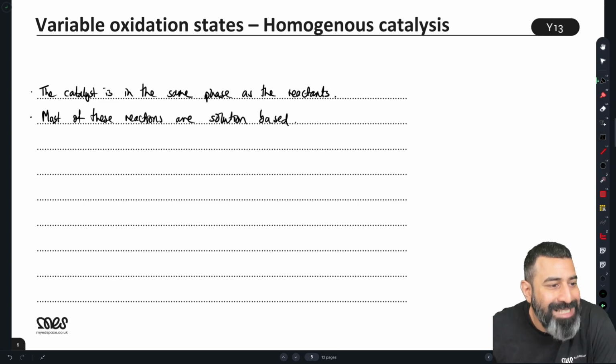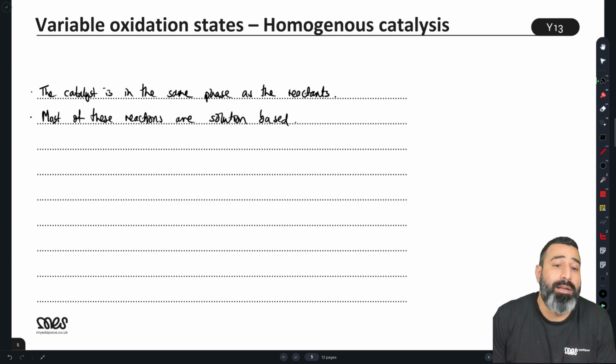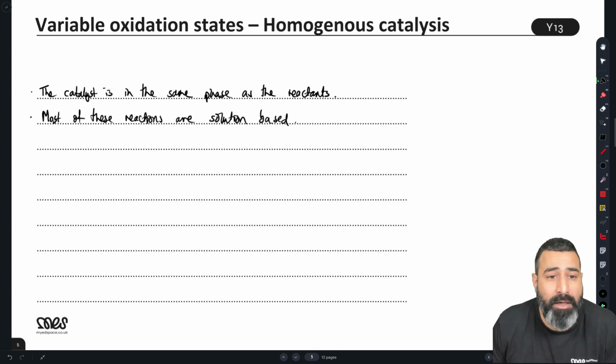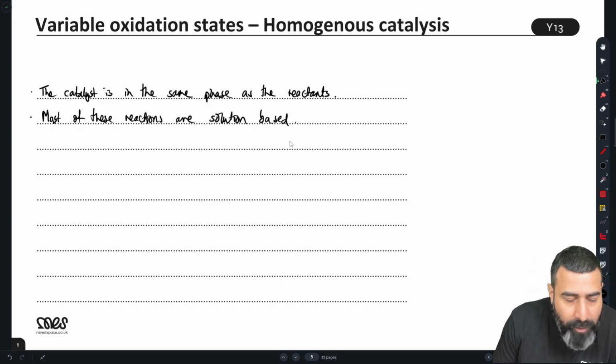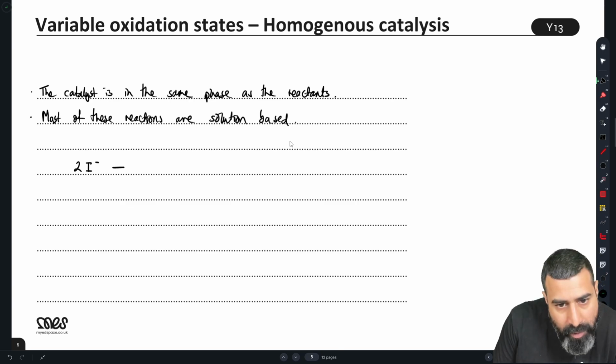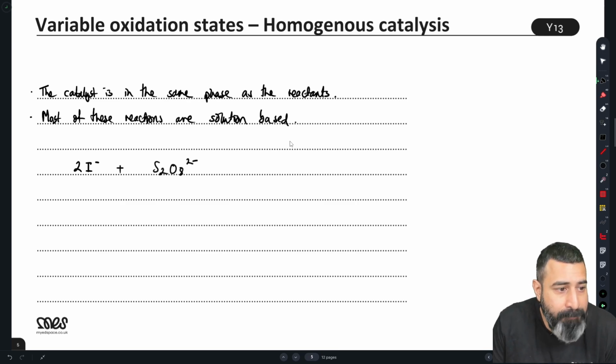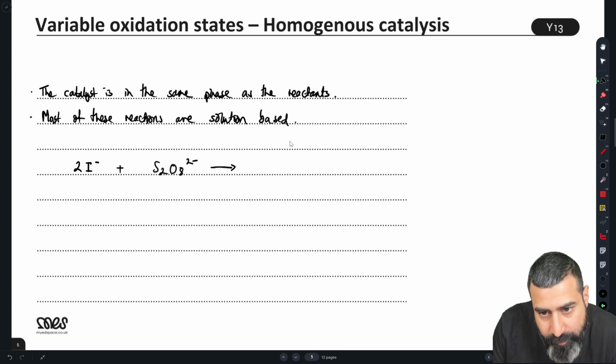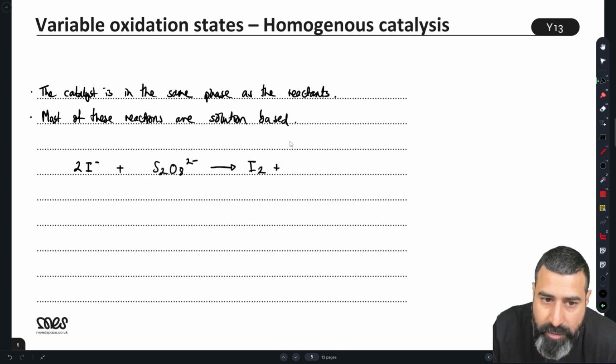And this is a classic example of where we have iodide ions reacting with peroxide disulfate ions. So I'll give you the overall equation first. So here are my iodide ions, 2I- plus my peroxide disulfate, which are S2O8 2-, and these guys form I2 plus 2 lots of